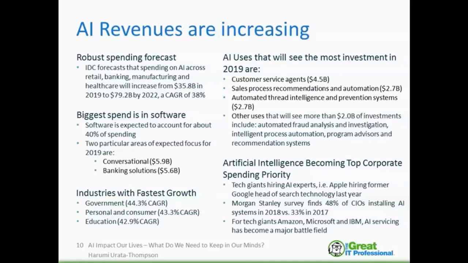Two particular areas of expected focus for 2019 are conversational. So if you call, let's say, your bank or some place and it starts with automated